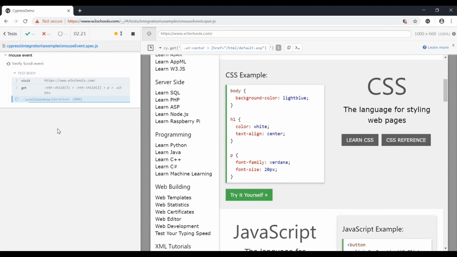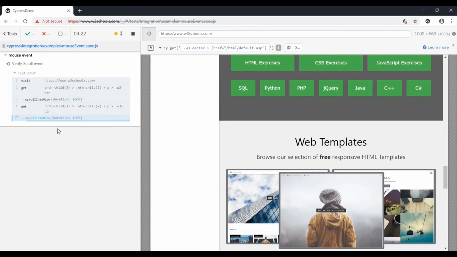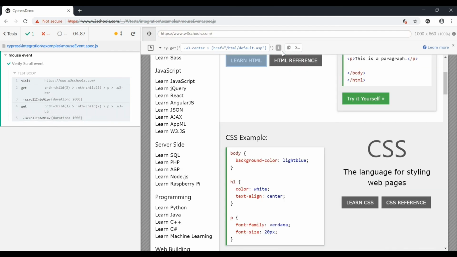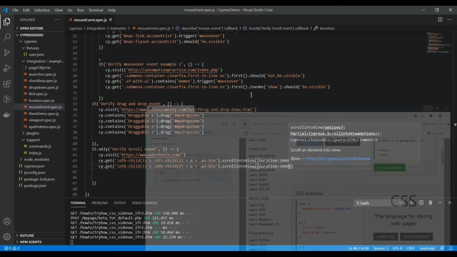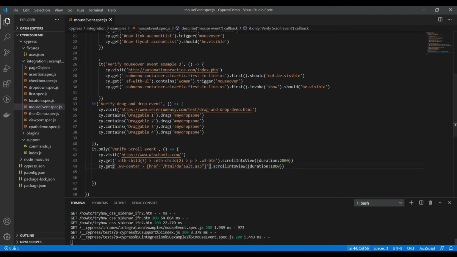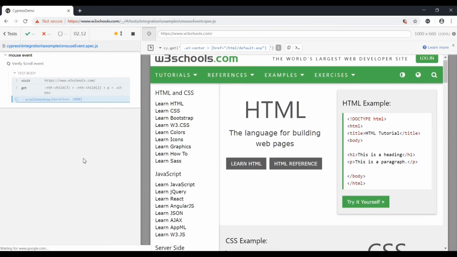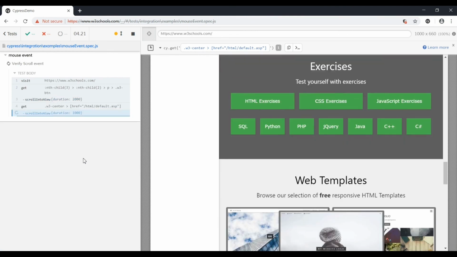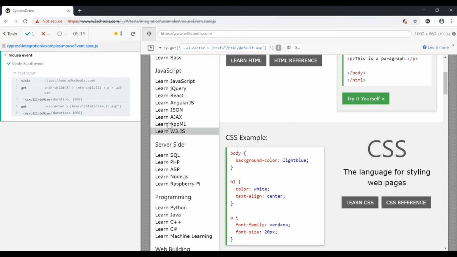So it did not scroll. Okay, so I forgot to use this locator. I used the same locator, and now it should work. But first it should scroll down and then to the top. Yes, it is working absolutely fine.